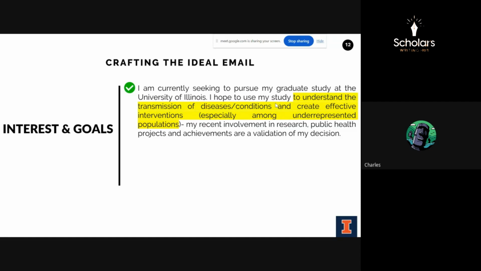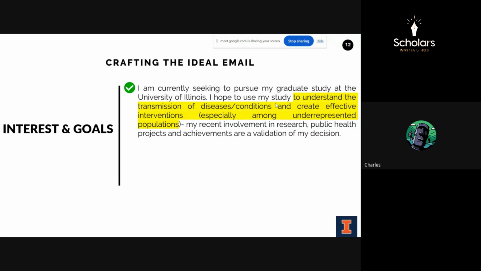My professor, for instance, works on different things. So look for generic terms, but yet that looks like you have a direction. If you look at my own goal here, or my own interest, I said, I hope to use my study to understand the transmission of diseases. There are many diseases, so I use it as an umbrella to cover a lot of things. Yet I'm interested in the transmission. It looks specific. It looks like I know what I'm looking for. However, I try to make it as broad yet as specific, if that makes any sense. So this would vary. We're in different fields. I know we're not all in transmission of diseases here. So this will vary depending on your field, depending on who you're writing to, and even especially among